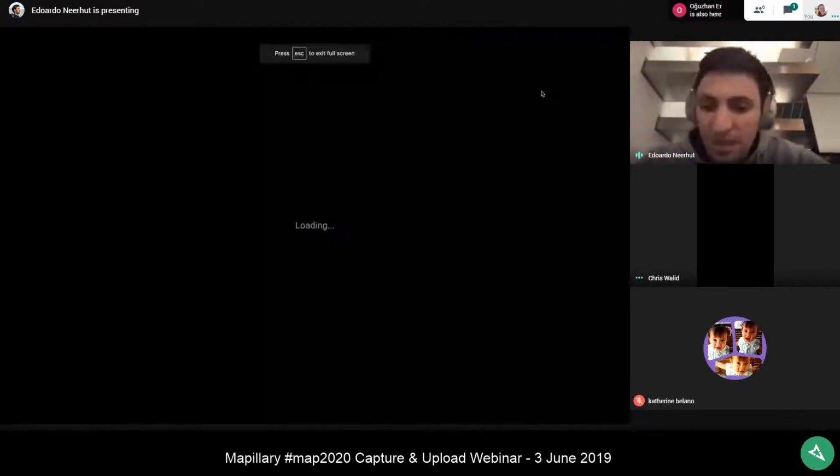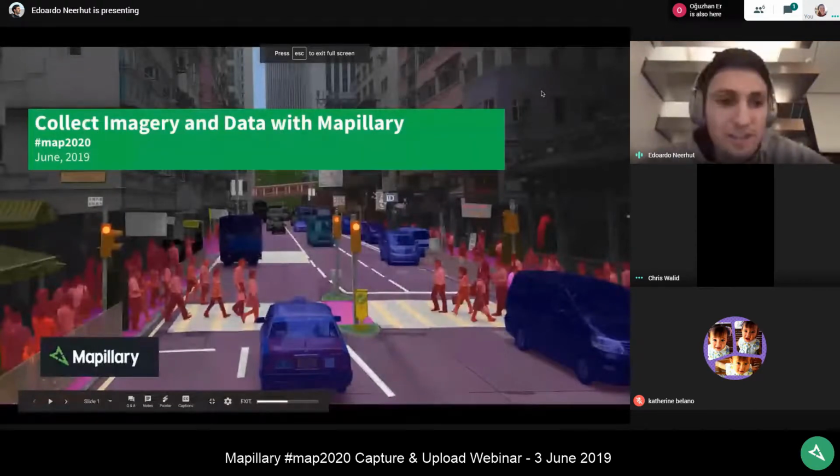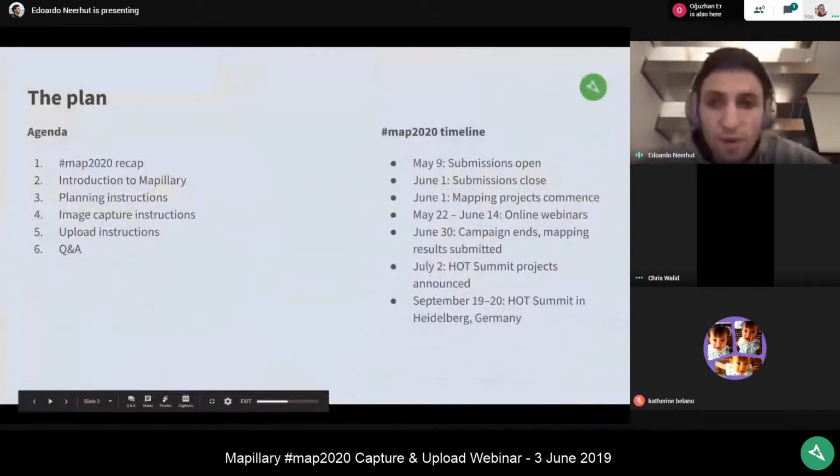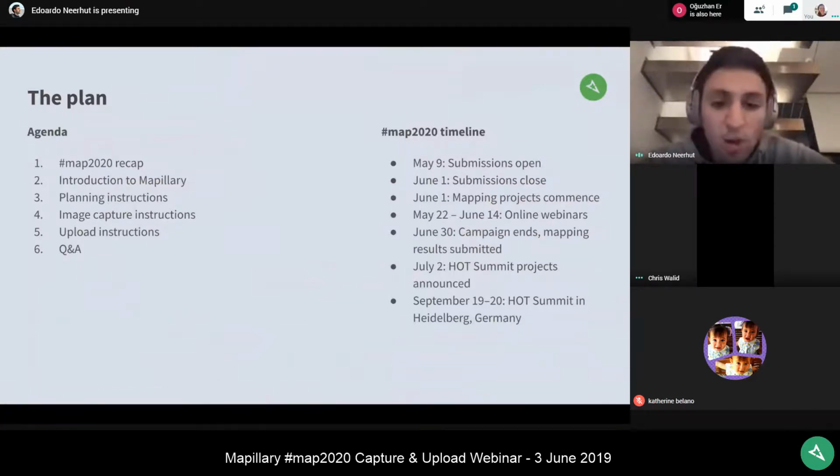Over the course of May, you might have seen, or you definitely saw at least, the blog post from Mapillary, hopefully the blog post from Humanitarian OpenStreetMap. And we have encouraged people from around the world, but particularly in the latitudes 20 degrees north of the equator and 20 degrees south of the equator, to submit ideas around how street level imagery can be contributed to solve humanitarian problems. The idea behind this was that we really wanted to improve the understanding of street level imagery as a tool in the humanitarian process from beginning to end, rather than just something that comes in at later